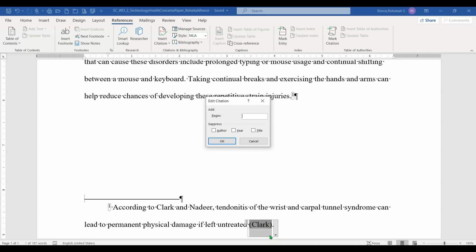So what we're going to do is we're going to click on this drop down arrow here, and then you'll get a little dialog box that pops up. And we want to add